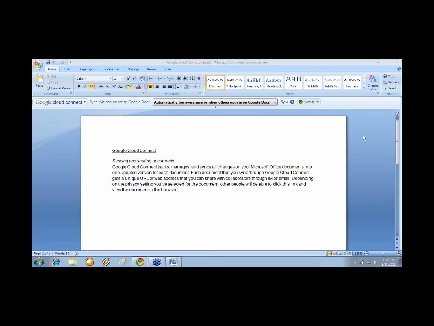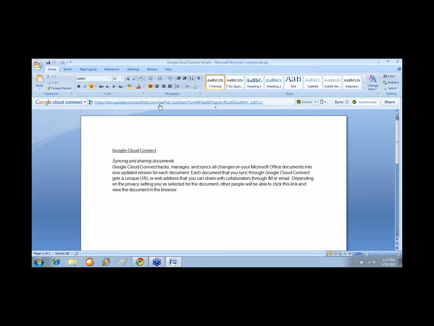So the first thing I have to do is actually sync the document with my Google Docs. So I'll click sync where I have this up arrow here. And it says preparing to sync, syncing. You see the progress bar went across there. And so now it's assigned a URL to this document. So it's very similar to a Google Doc where you have a URL which enables you to share the document